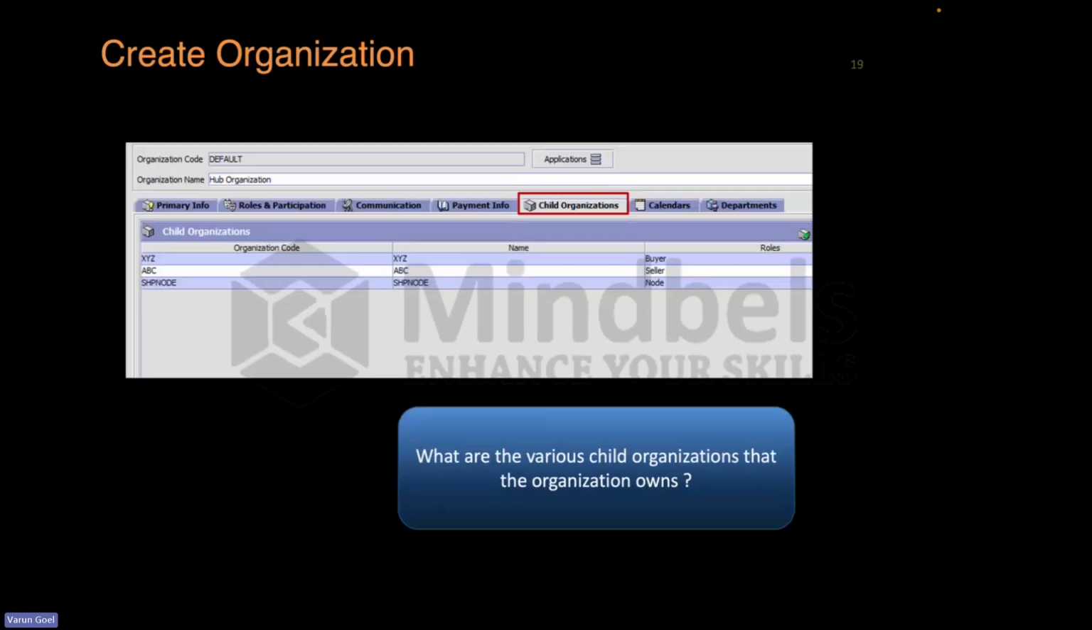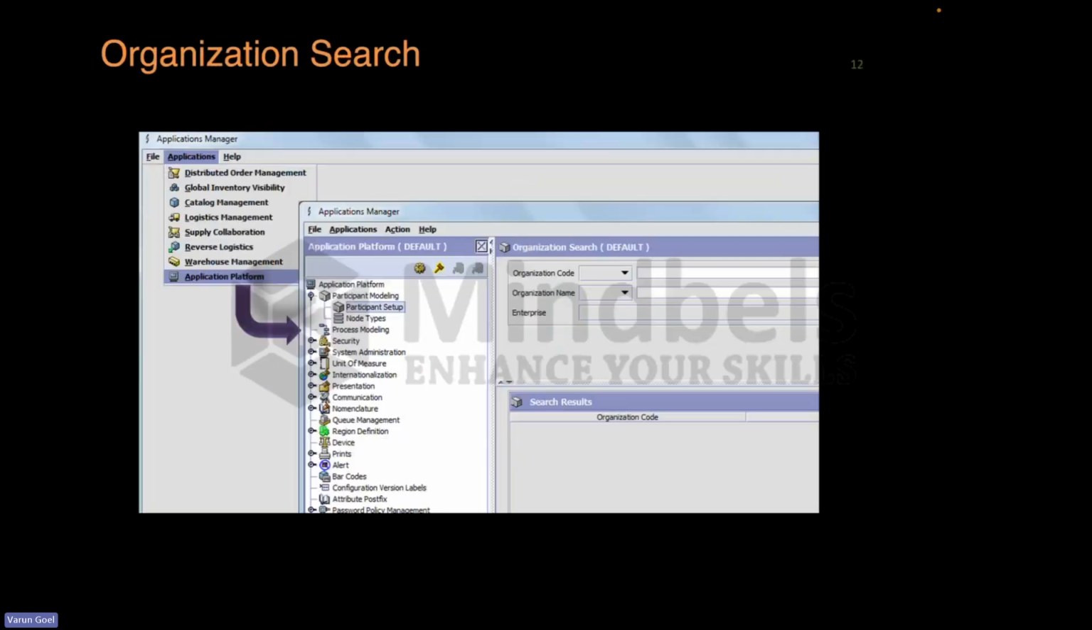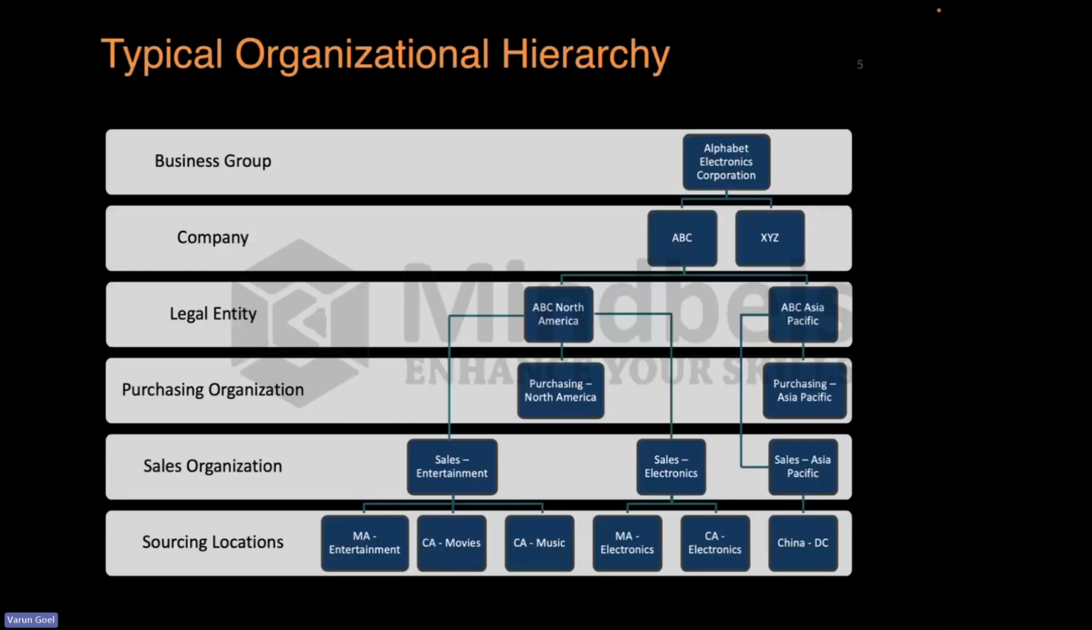So payment info, you just provide whatever details you want to give. It's very basic. Then we have child organizations. As I said, an organization can have different organizations below it. So as we discussed over here in this very screen,